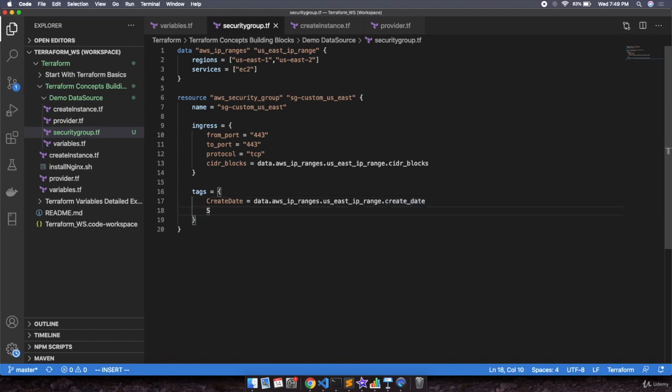Now we will define the sync token. So we will again define the data source like data.aws_ip_ranges, define the variable, then define the sync_token. So this is the file which I created, and over here you can see I'm creating one resource called aws_security_group. The resource name will be sg-custom_us_east. So this is the file which I have created for the